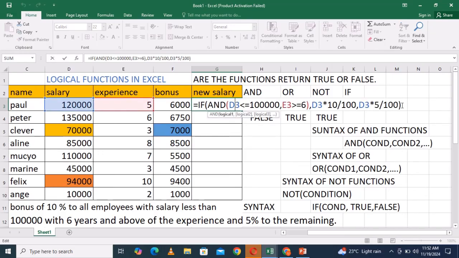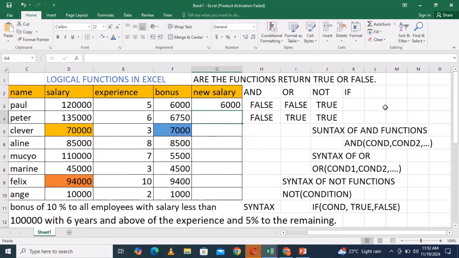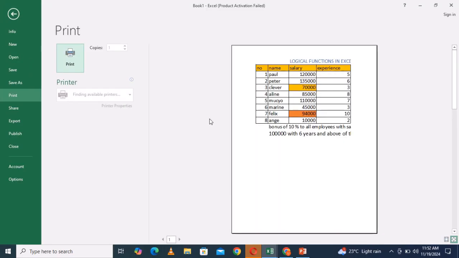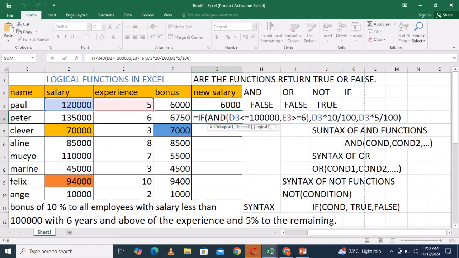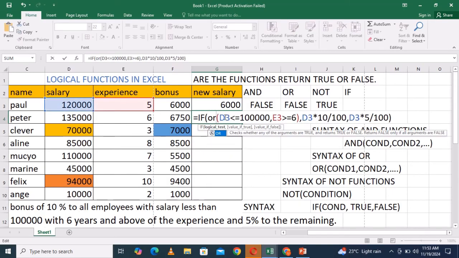Let me select this one here. Then copy. Let me run this. Then let me paste it to see whether this can work. Sorry, I used print instead of paste. Ctrl+V. You see. What to do? Let me change this to OR here. Let me use this OR. What does it mean? If we change to OR, we mean that if one of these conditions becomes true,